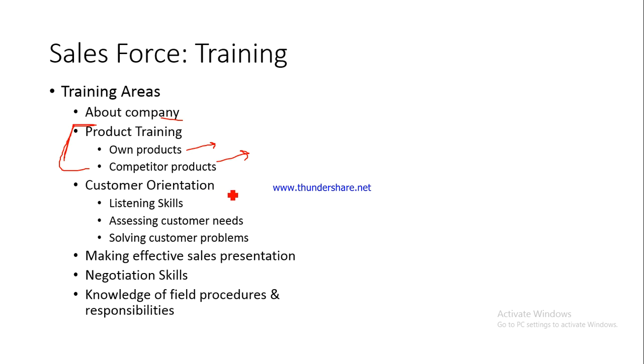Then customer orientation is a very, very important soft skill. Prioritizing the customer requirements, focusing on the well-being of the customer. This is what we mean by customer orientation. And to have this customer orientation, first of all, the salesperson needs to have good listening skills, which means that he should be able to listen actively. He should not only hear what the customer or the prospect is saying, but he should also try to understand